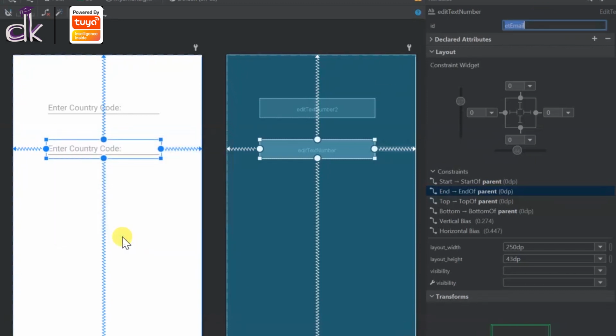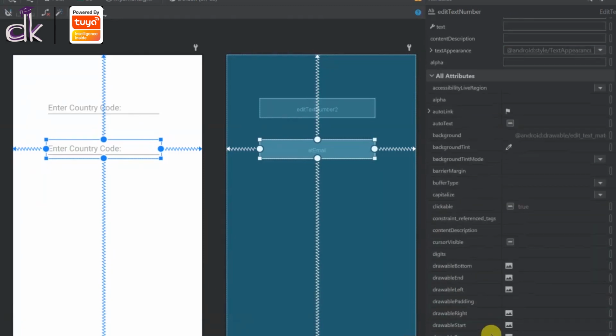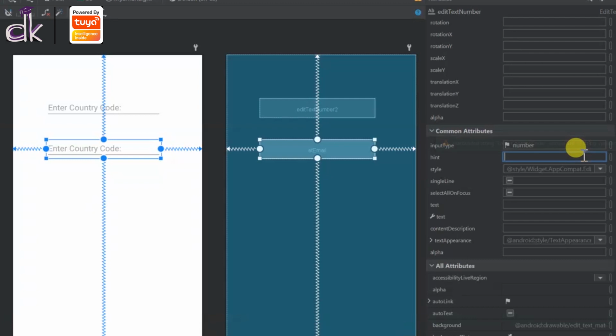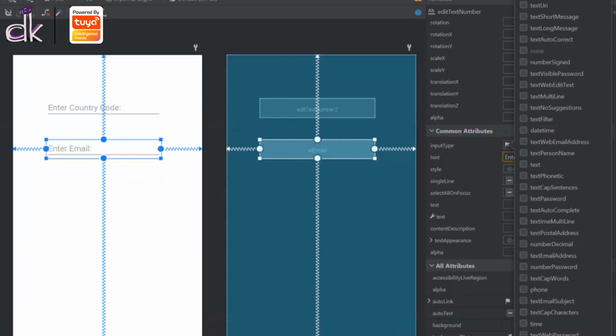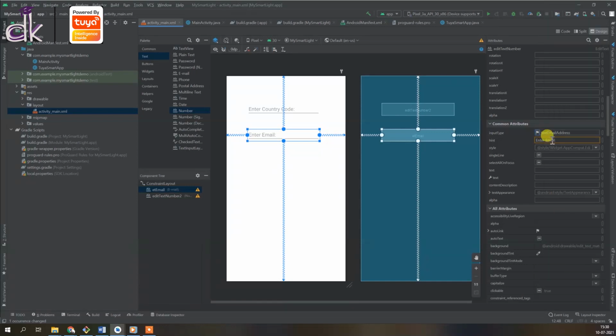Just click on refactor, yes, and then change the hint to enter email, and we want to change this from input type number to email. Okay, so text email address, just click on that and click on apply. So you can see that it is now changed to text email address.